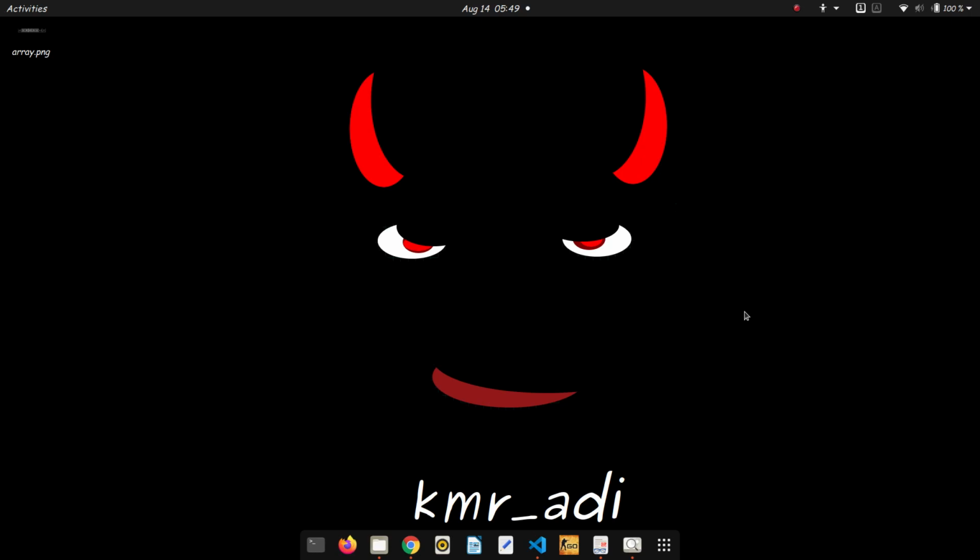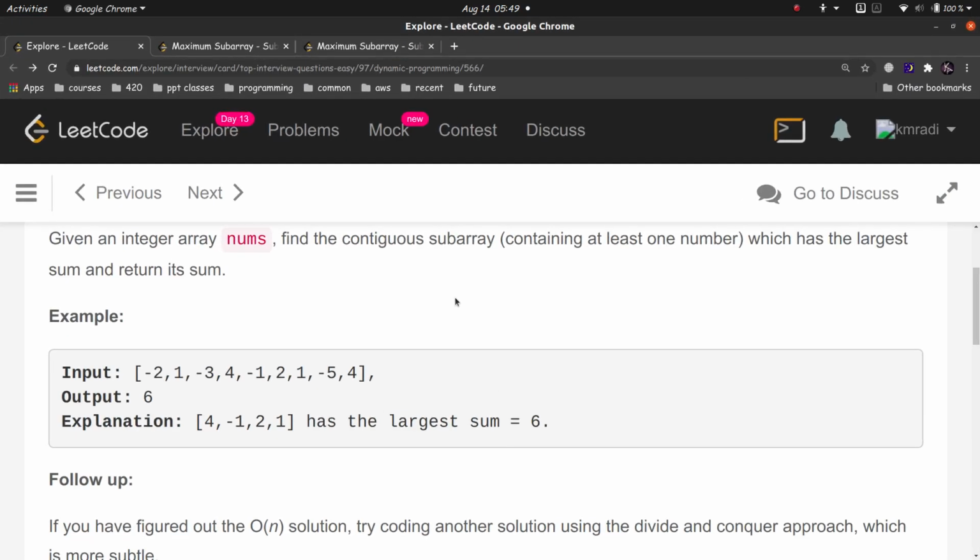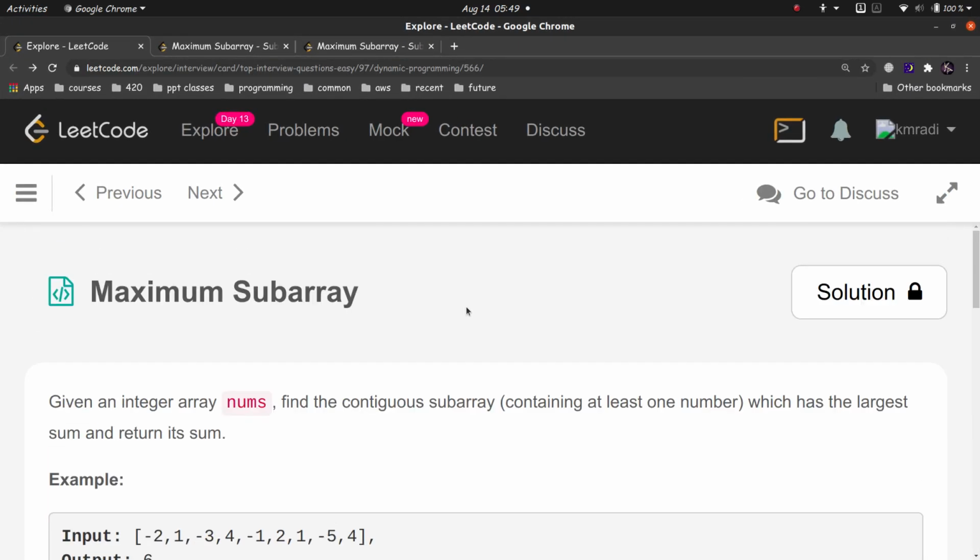So the problem that we are going to solve is this maximum subarray. Now this is a very common problem, and it is a nice problem if you want to understand the fundamentals of how to approach a dynamic programming problem, and I will try to explain how to think. Okay, now I'll just show you the code in the beginning if you don't want to go through all that